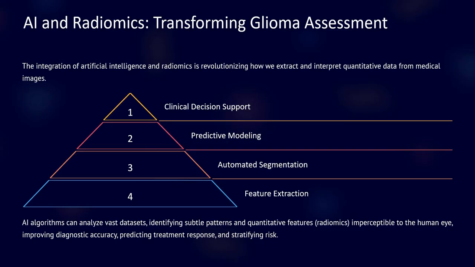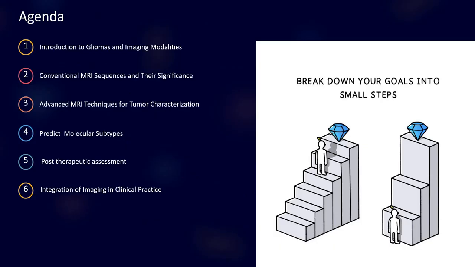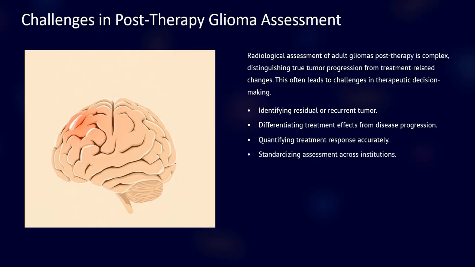Lastly, the coming era is AI and radiomics, which is transforming the glioma assessment, integrating the AI to predict the genetic and molecular background. Post-therapeutic